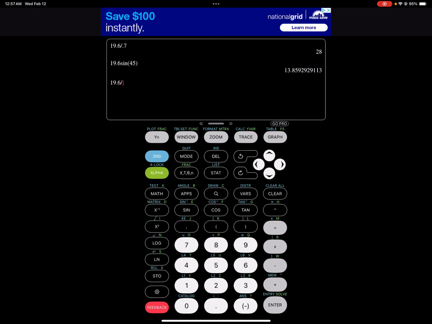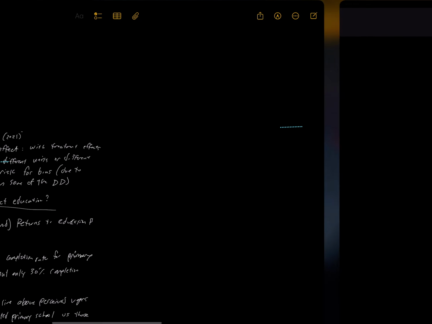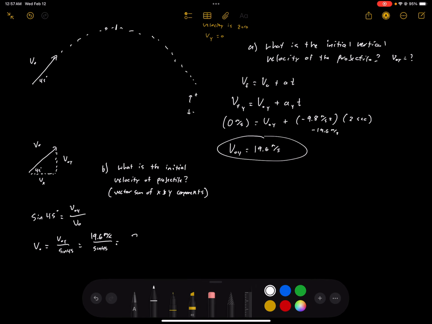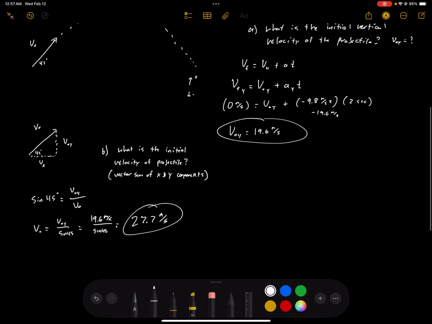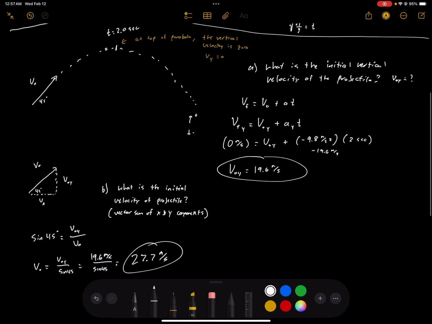Divided by the sine of 45 degrees. There we go. All right. 27.7. That is the official answer. All right, 27.7 meters per second. There we go. Perfect. So this is an example of projectile motion